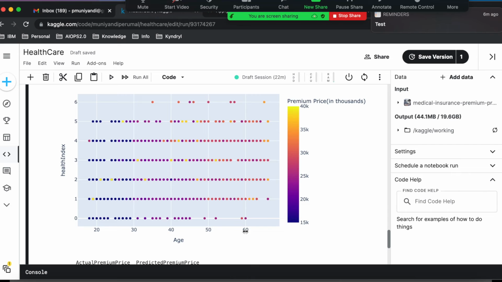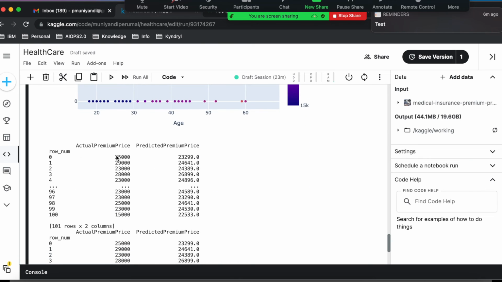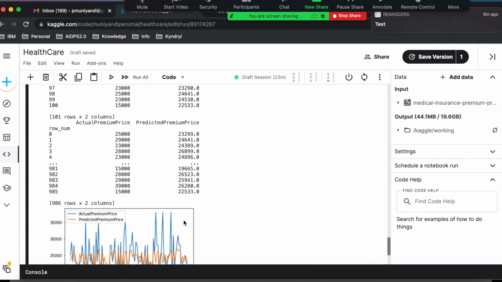But if you noticed, in any scenario, if age is high, they are paying more premium, because of the uncertainty. As the age goes up, the premium goes up, so the more impacting factor, the influencer, is age. But on top of that, other health issues also matter, because the person is 40 but has a health indicator of 5. Because of that, he paid more premium. So you have to look at that. And this is the actual premium, and I'm just displaying the predicted premium in the list.